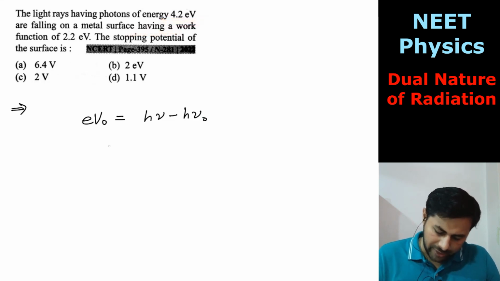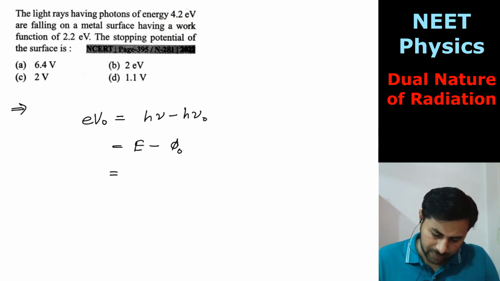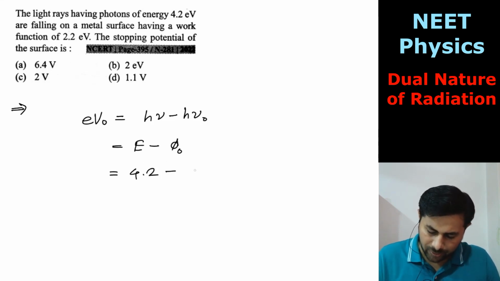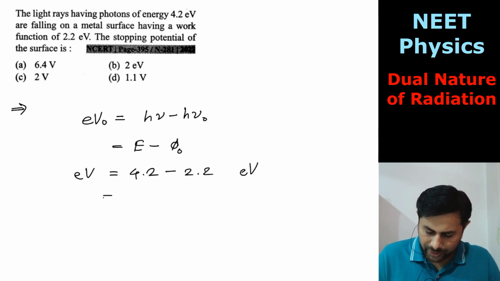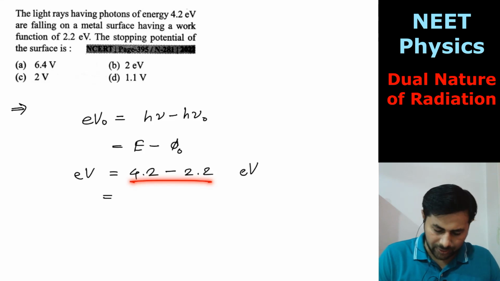Or actually we can say this is the energy of photons minus phi naught. So put the values here. This is 4.2 electron volts minus 2.2 electron volts. So the answer would be in electron volts. This is 2 electron volts,